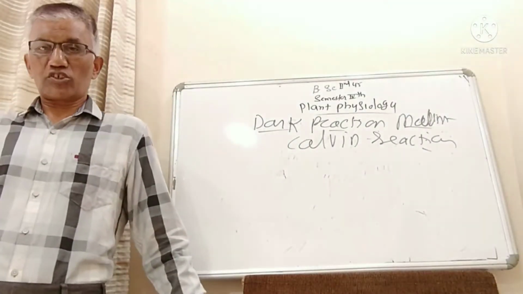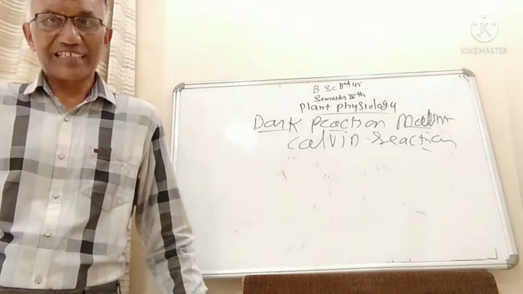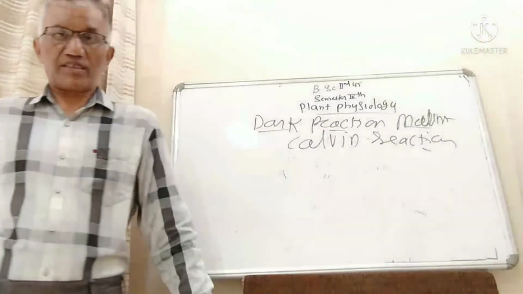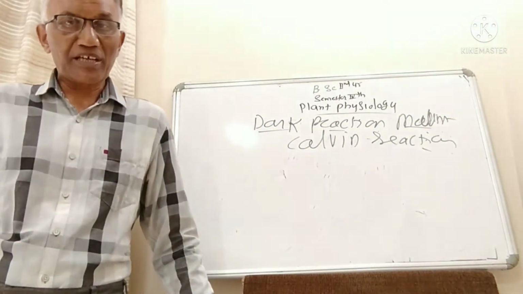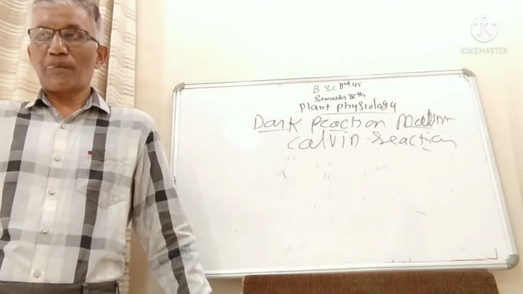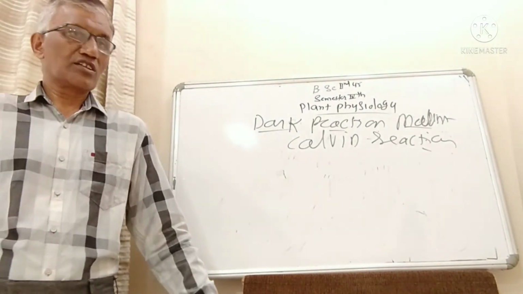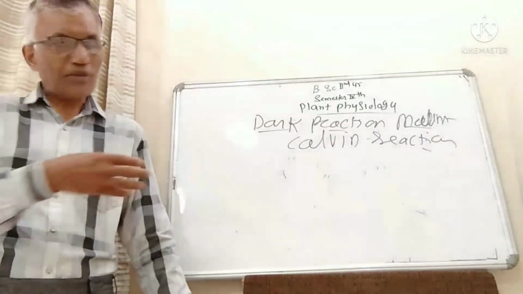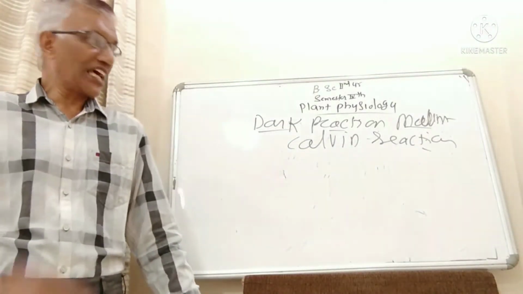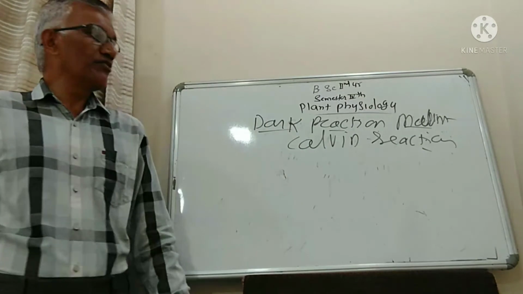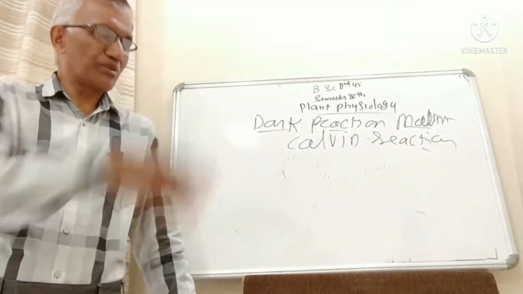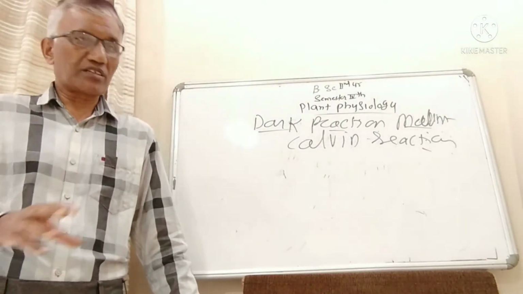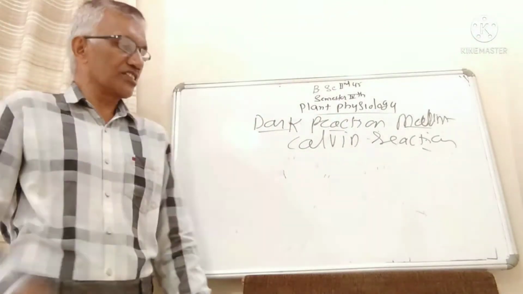In most of the dicotyledons, the process of carbon dioxide fixation takes place by way of the C3 pathway. Diagrammatically, stepwise, the cycle which is proposed by Melvin Calvin is very specific, and it is very complicated. Each step you have to remember. I just want to introduce it here.